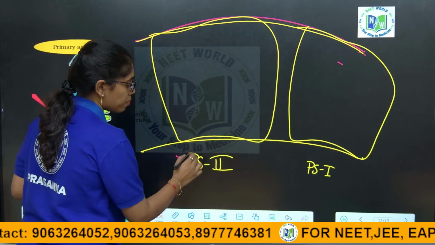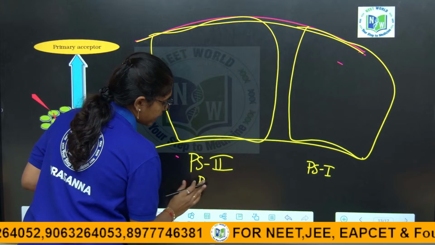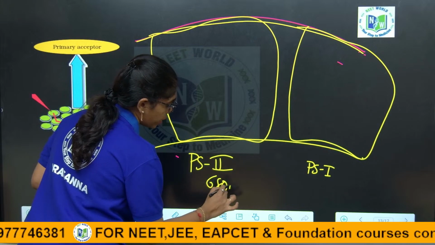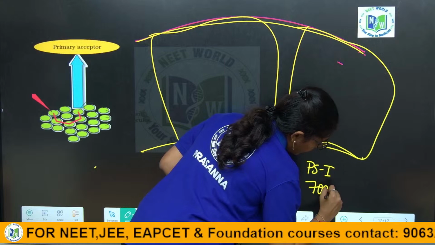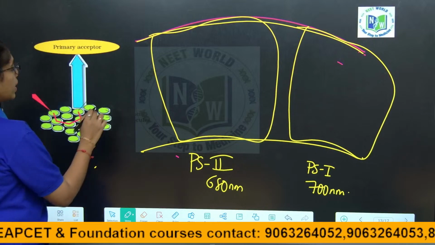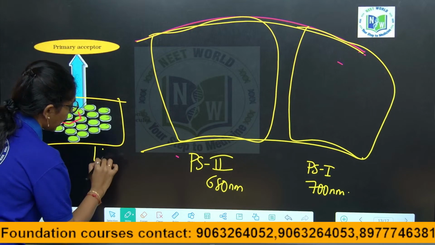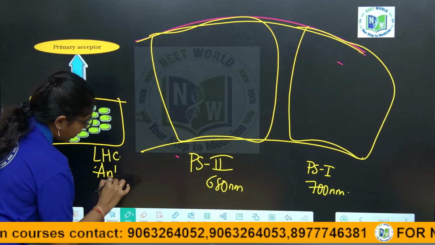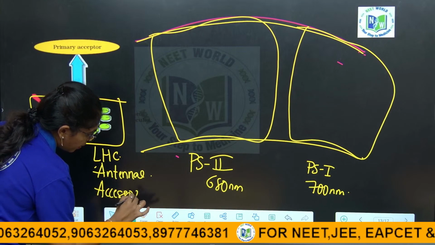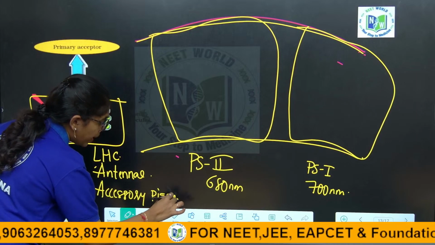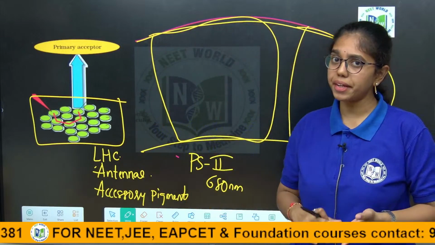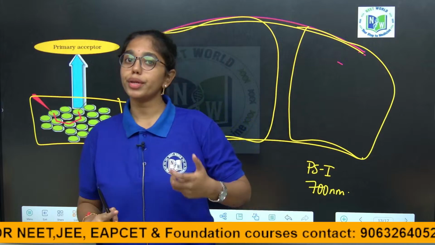Here the maximum absorption of photosystem 2 is at 680 nanometers. Here it is 700 nanometers. In this photosystem, initially you will have the light harvesting complex, which is also called antennae or accessory pigments, wherein different pigments, which include carotenoids and xanthophylls,